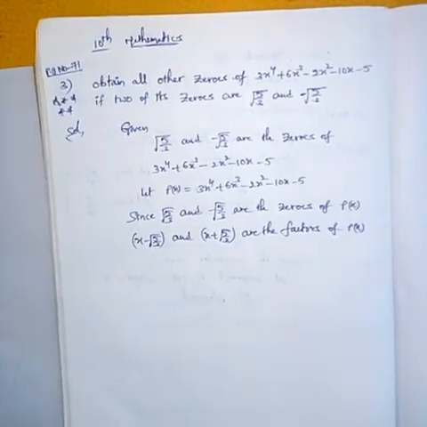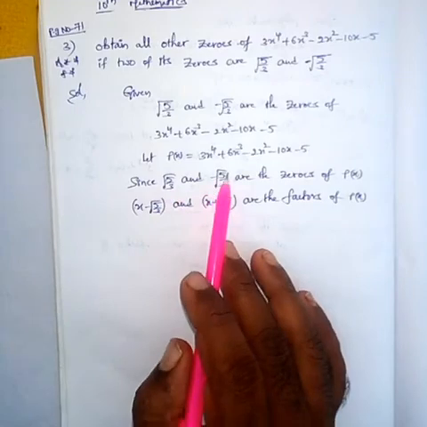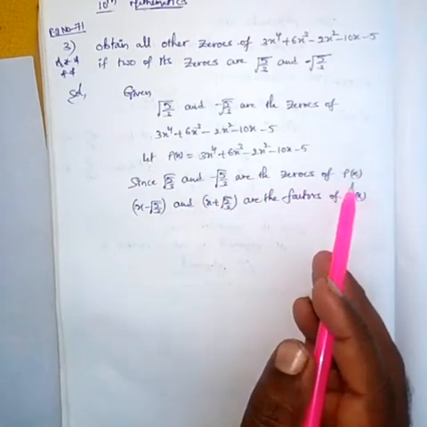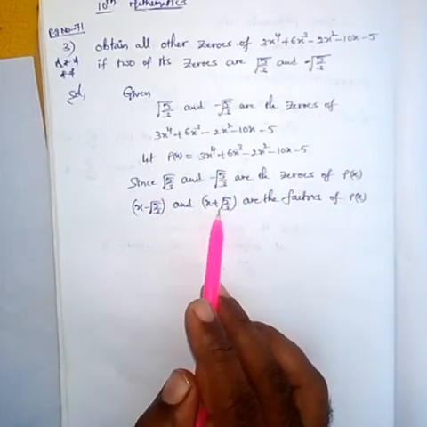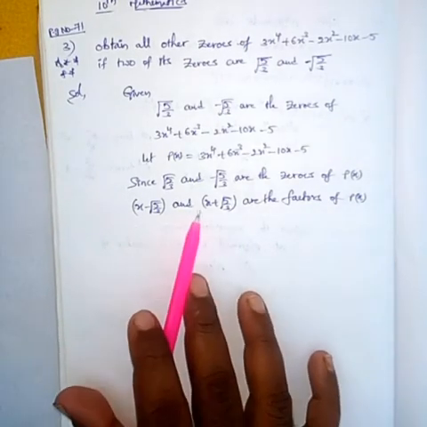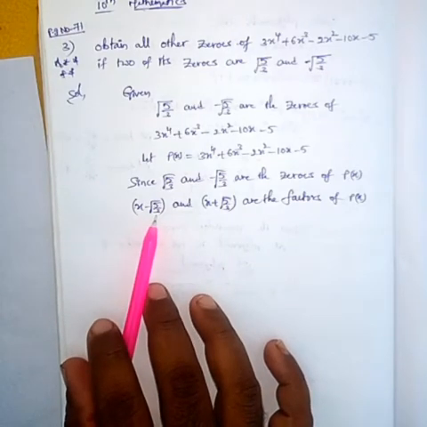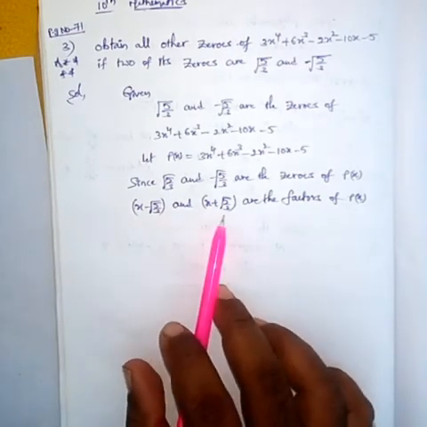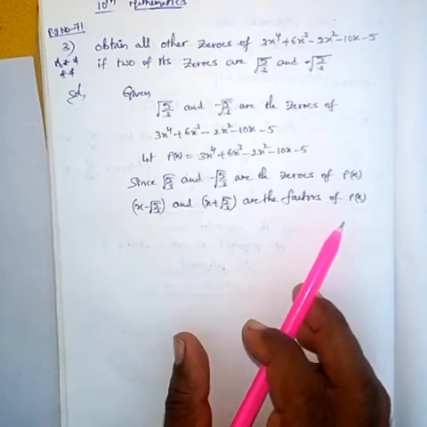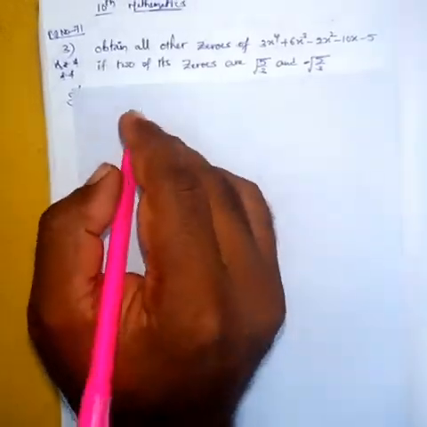Okay, children, since root 5 by 3 and minus root 5 by 3 are the zeros of p(x), that's why x minus root 5 by 3 and x plus root 5 by 3 are the factors of p(x). Children, here you can have a doubt: why are x minus root 5 by 3 and x plus root 5 by 3 the factors of p(x)? Let me explain clearly. For that, let us consider this example,